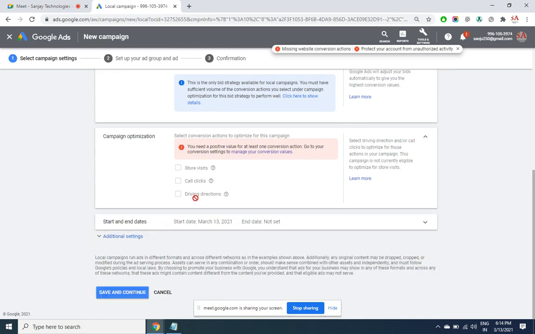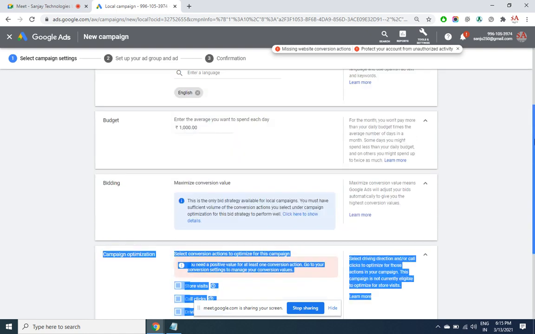Okay. When someone is searching with driving direction, someone is searching for store visits. As I told you, when someone is physically getting into your store, only then you need to pay. So you have three types of optimization here. Someone who is searching Google Maps, do you want to display at that time? Someone who is searching, but do you want to pay on a per click, per call basis? Or when someone is coming to your physical store, that time you would want to pay. For some countries it is already working, but not yet for India.